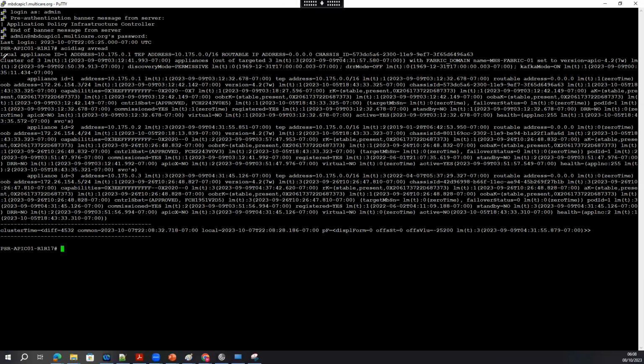If you see, it says this is the local appliance 1, but there are also appliance 2 and appliance 3, APIC 3 and APIC 2. If you see APIC 1, what configuration does it have? It says this is the TEP pool IP address, the TEP pool range which has been assigned.